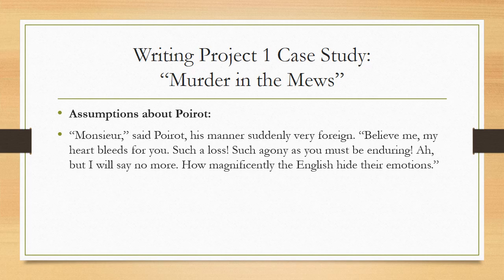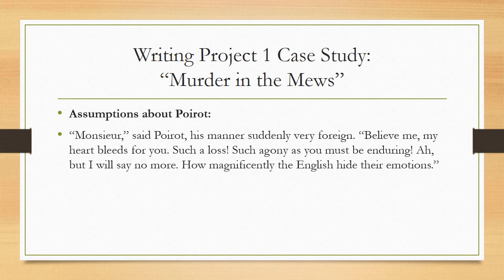But what's interesting is this guy very well could be the killer. And so Poirot has not spoken. His partner here, the police inspector Japp, has been doing all the speaking. So when he interjects and speaks for the first time, his manner suddenly becomes very foreign. Remember that that will make the British think of him as less of a threat. They'll kind of dismiss him because of the stereotypes. She understands her audience and she's using stereotypes.